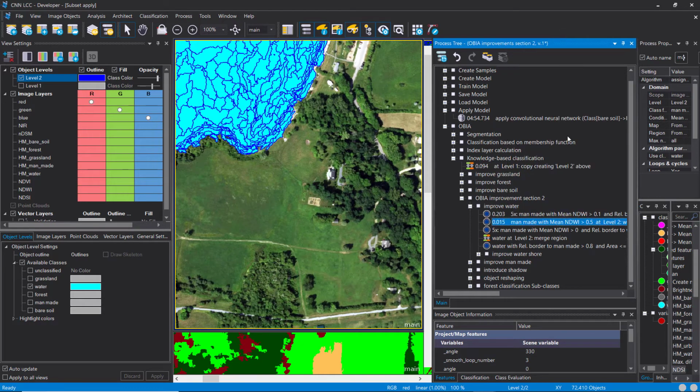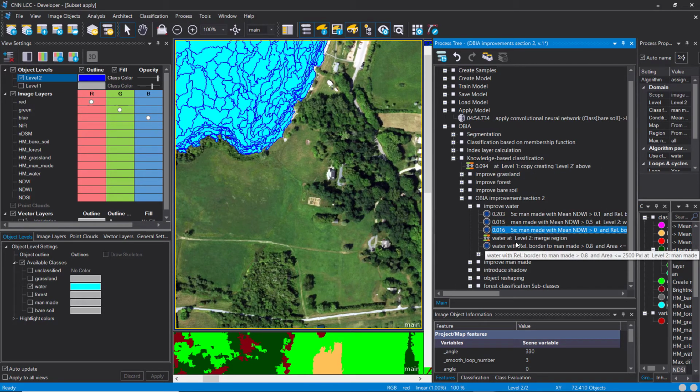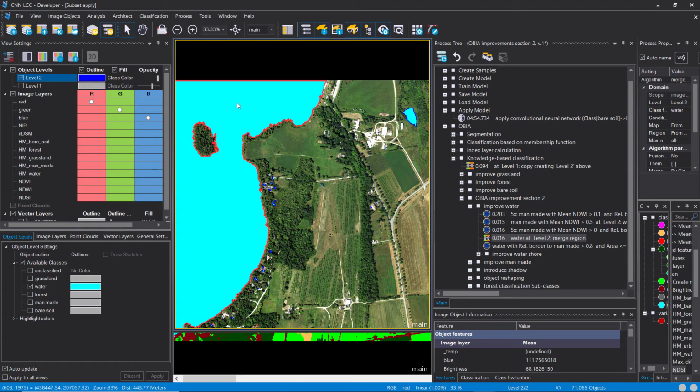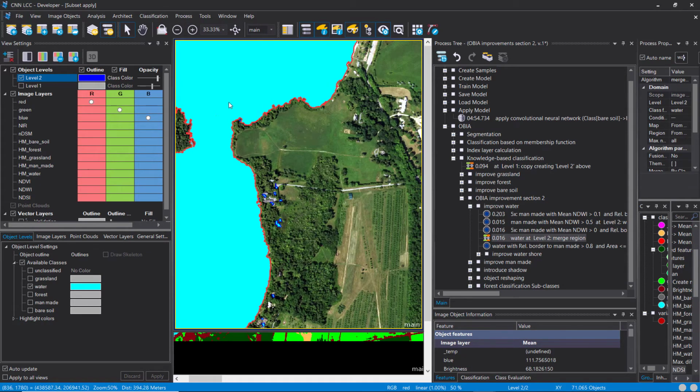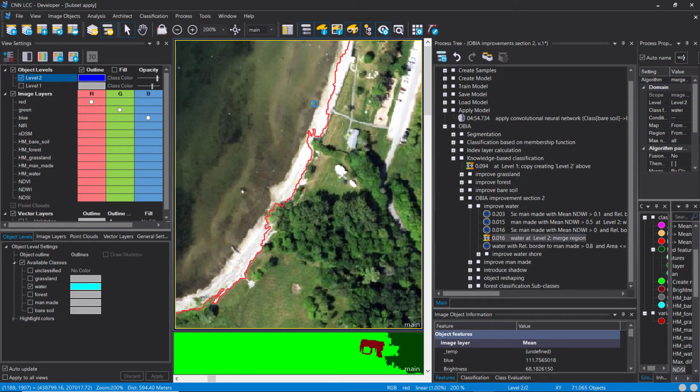I'm converting objects that are classified as man-made and have a high NDWI into water. I'm adding enclosed objects to the class, and then I'm going to merge the objects. So that already looks good, but if you look at the outline, I noticed that it now included a lot of the beach area, the coast,